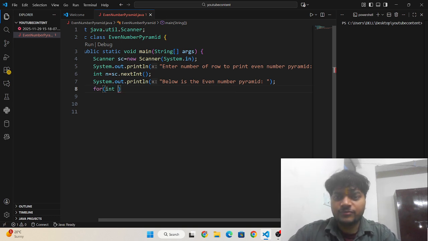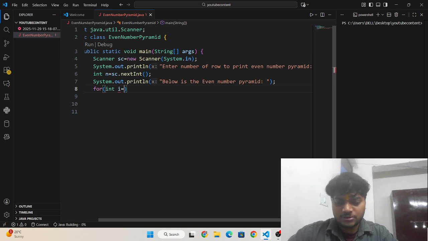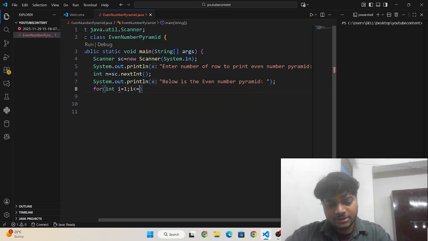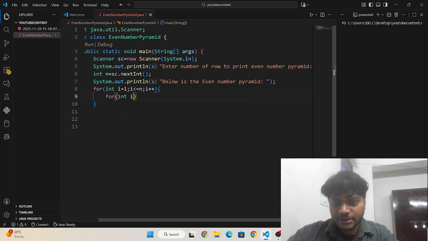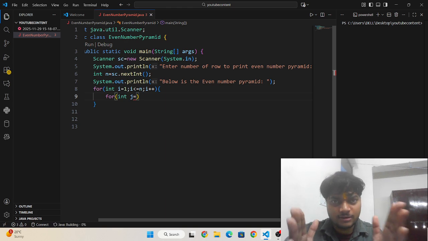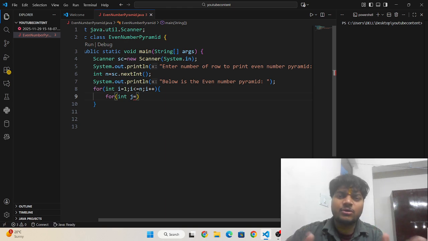So I need to write for int i = 1, i <= n, i++. Then I need to write a for loop with int j = 1. This is the inner loop which is going to shift the elements to the right so that the pyramid shape can form.